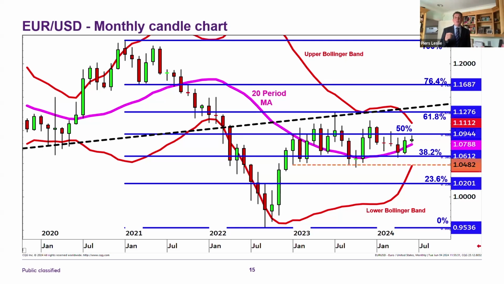We start this month with initial monthly resistance in the 109.40 to 109.75 area. That's the area that's capping euro dollar at this stage. It needs to break above that, and that would open the 110.30 to 110.60 area as the next resistance, with the main resistance still being that 112.75. So that comes in line with the trend line. That would be a big area if it does get back up there.